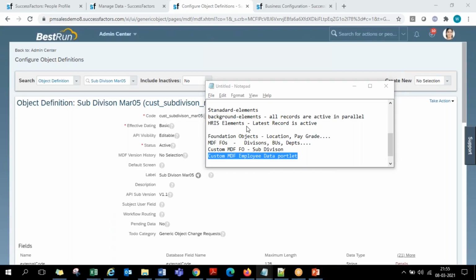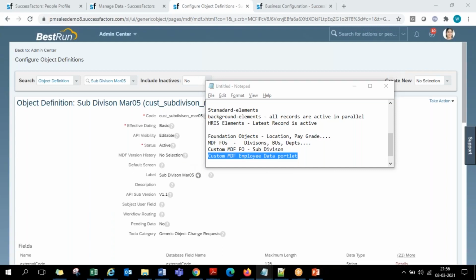Sure. And one more thing, this association, like subdivision you mentioned, we need to link it with what was that, system internal ID? MDF system internal ID, right? Internal code, yeah.